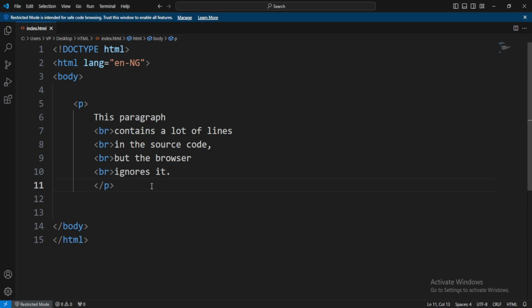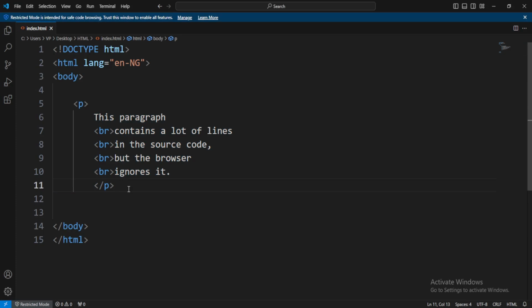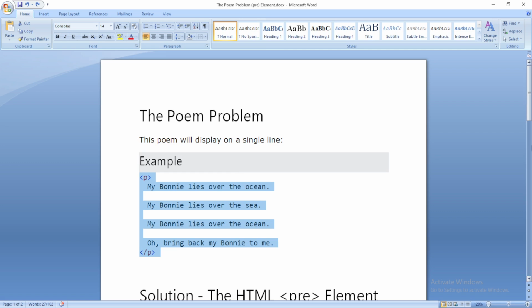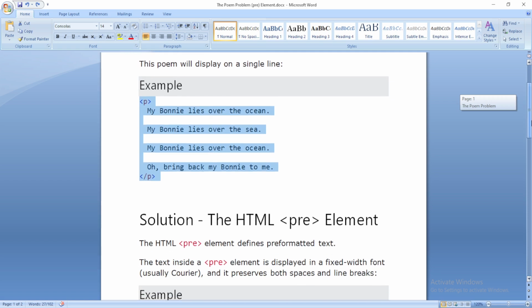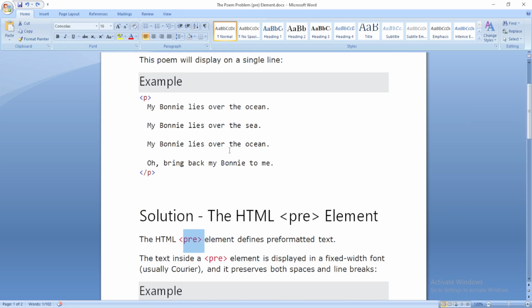Today we are using this p tag with another form of formatting a document. We call it pre-format, as you can see, we call it the pre-formatted text, the pre tag. But firstly, let's look at the poem problem